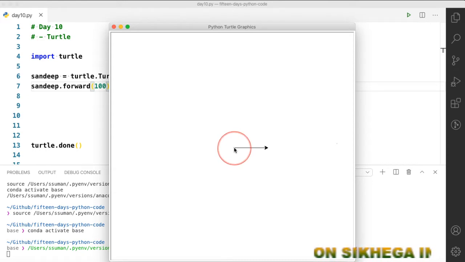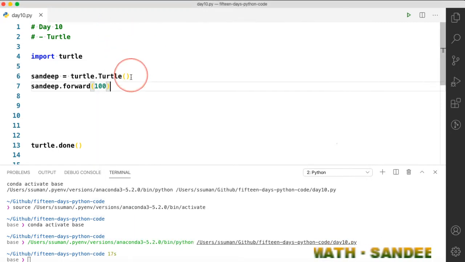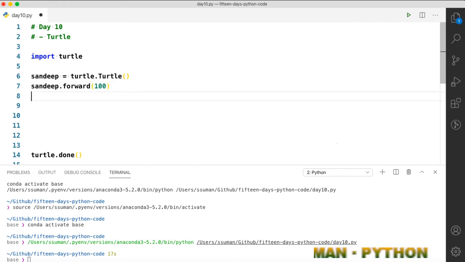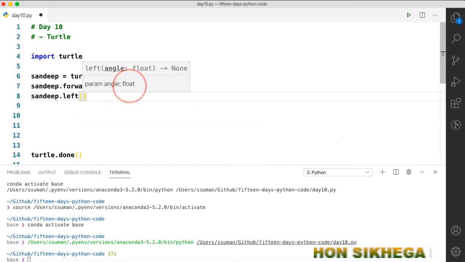If you have learned some coordinate geometry then you know that the coordinate of this point is 0, 0 and it is moving 100 pixel towards the right. Now for the next step, you can either go left or right by providing some angle. Suppose you want to go left, so left at an angle of say 60 degree.